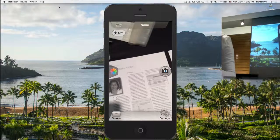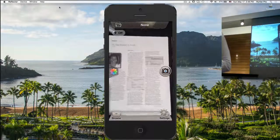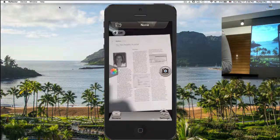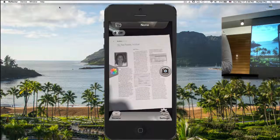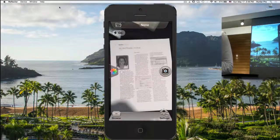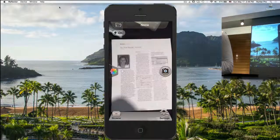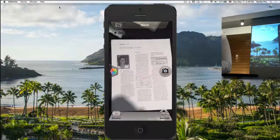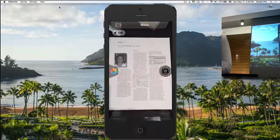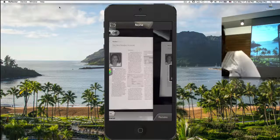Okay. So I'm positioning my camera over the image, and you may notice in the upper left corner, if I needed my flash, I can turn it on so that it'll flash the camera if I need it, but I'm going to turn that off because there's plenty of light here. So I position over it and I tap to make sure that it's in focus, and then I click and it brings in,